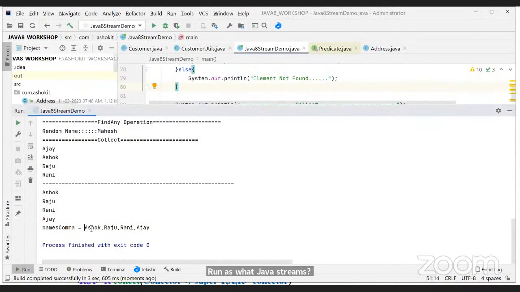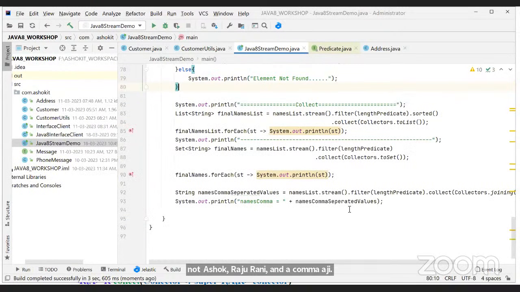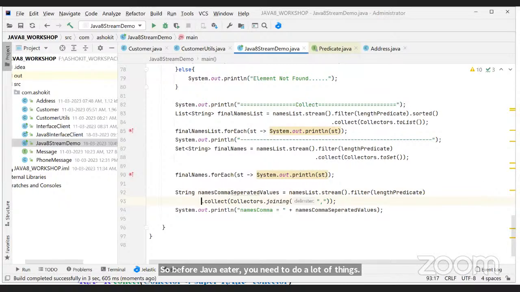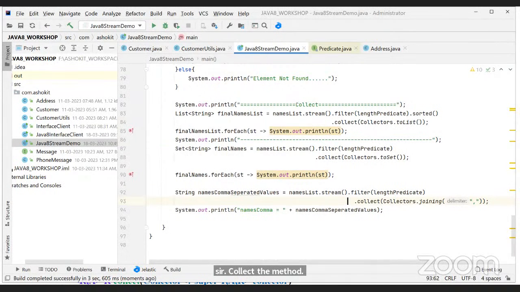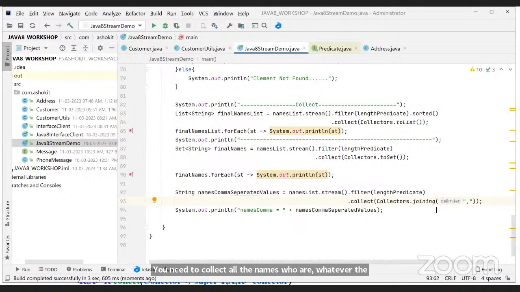So did we get the comma separated strings or not? Ashok, Raju, Rani, and Ajay. So before Java 8, you needed to do a lot of things. But in Java 8, we got simple code. Collectors dot joining, sir. In the collect method, you collect all the names whose length is less than or equal to 5, and join them with Collectors dot joining, where you can pass a delimiter.